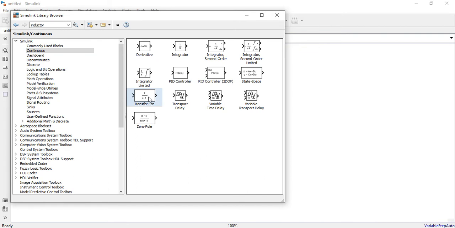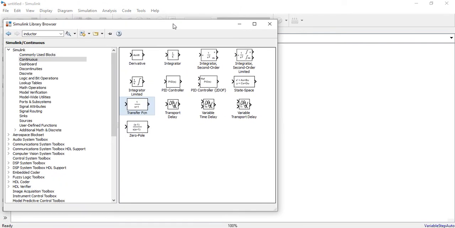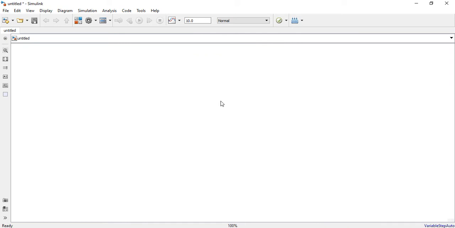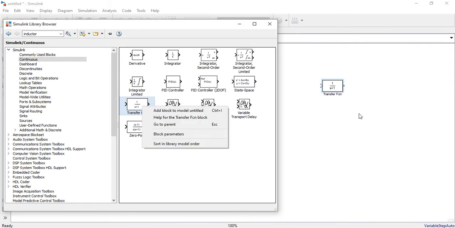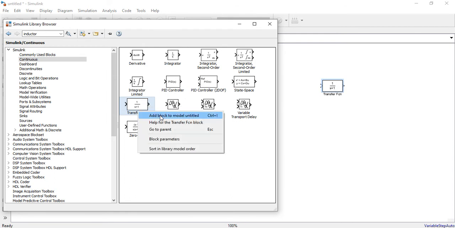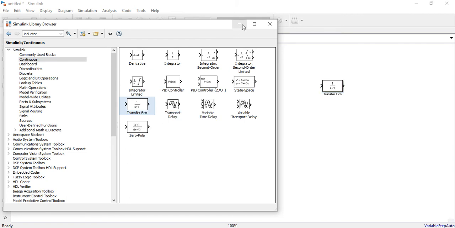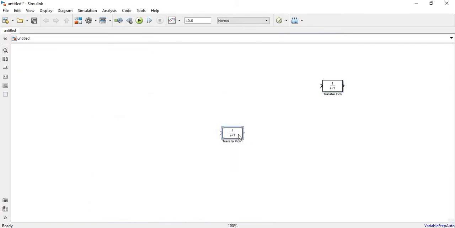So you can drag and drop, that is, hold this and place it here, or you can just right click on it. Just wait, it is being copied. Okay, so it is over here. Now you can right click over here and add block to the model untitled. Right now it is untitled because we have not renamed it.